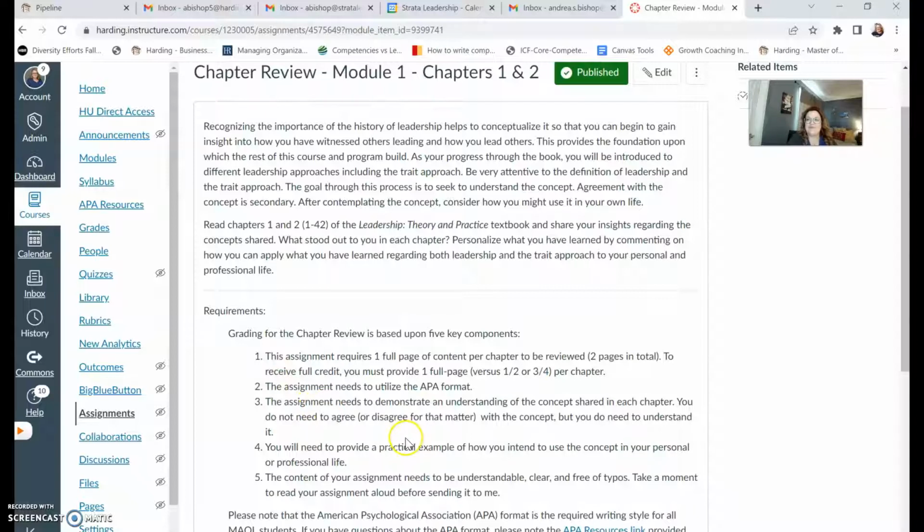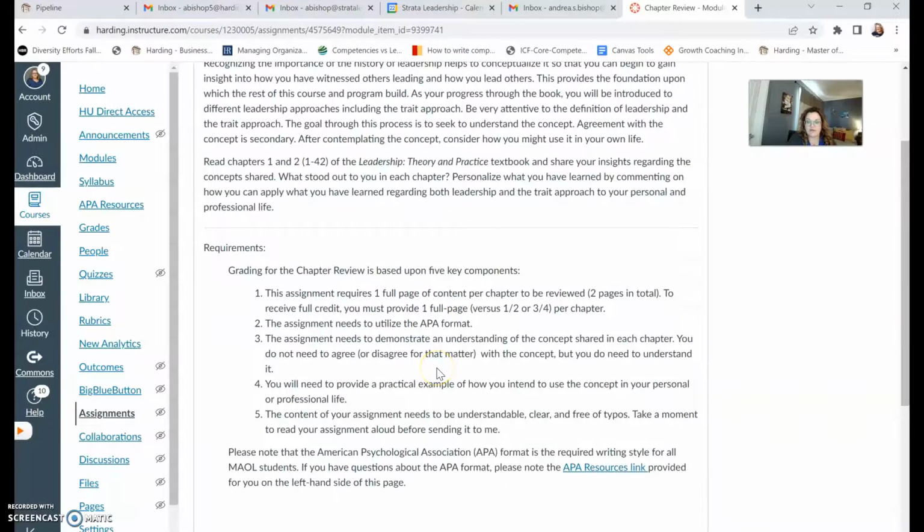He does not want your response to be very long. It's basically just asking you to be thoughtful and reflective about what you've read and consider how you can begin applying that to your own life and your own understanding of leadership.